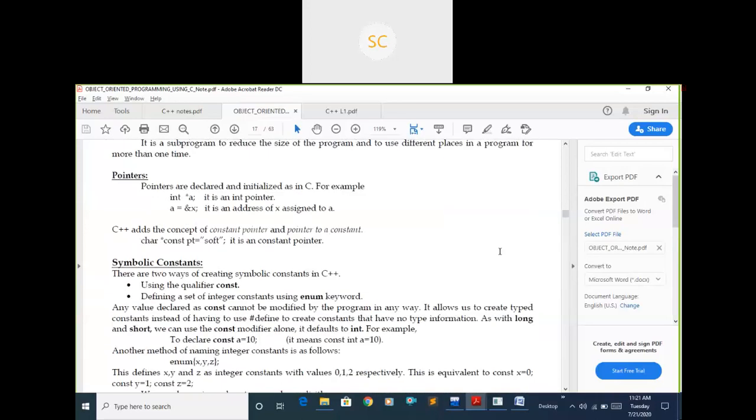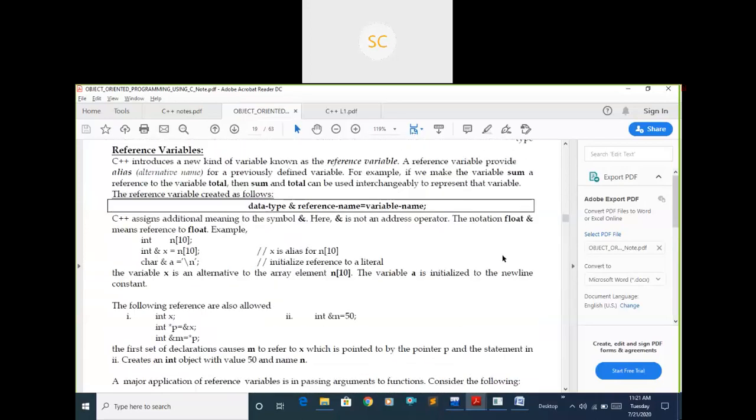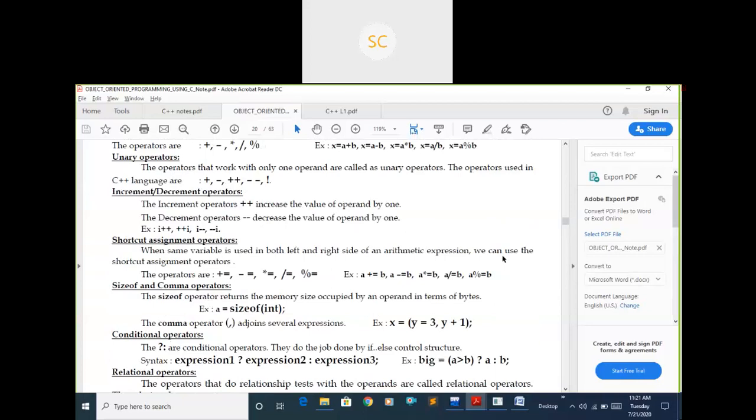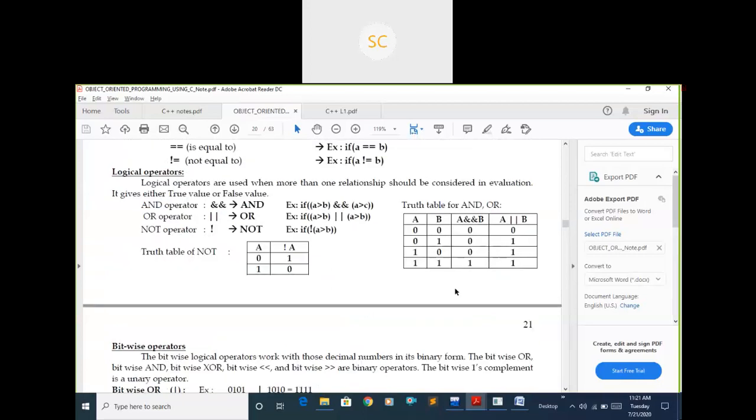I think you have learned these truth tables in DLD or some other subject. In mathematics also it will come. If it is a logical AND, if both are true, then you will get the final output as true, otherwise it will give false.